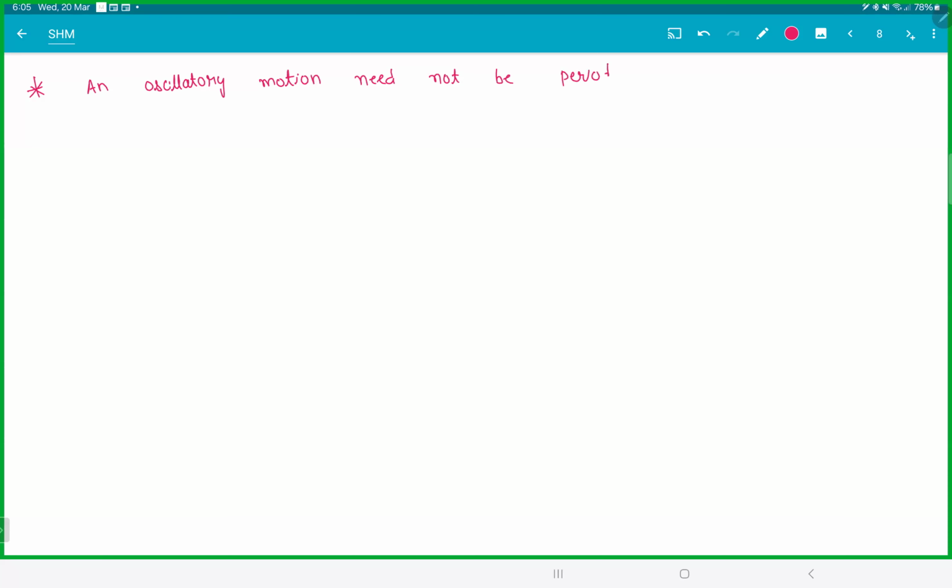But if you go and read the textbooks now, they will write it is periodic only. So it is kind of a little dicey. Example. And vice versa, periodic motion need not be oscillatory. For example,